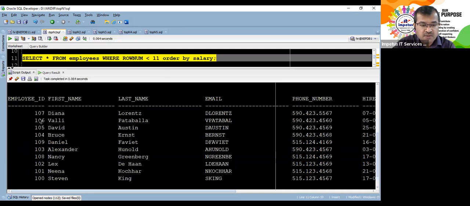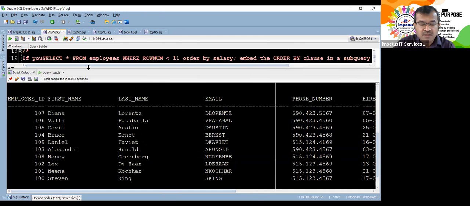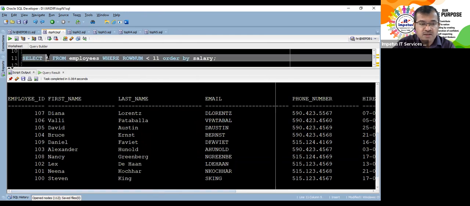And look at that, then 17, 106, 105, 4, 9, 3, 8, 2, and so on. And suppose we are not interested in printing star, let's not print star. Let's print only the ID, first name and salary.